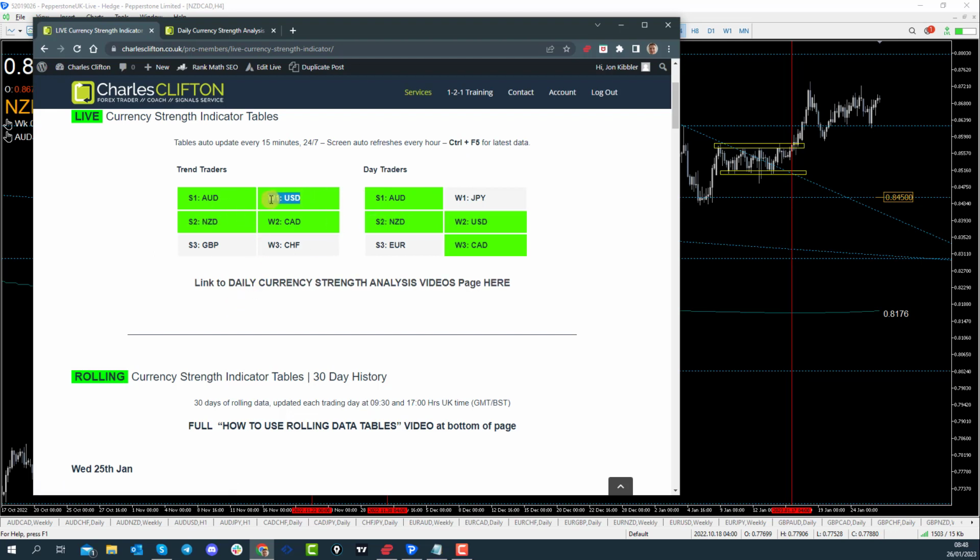On the weak side of things, you can see that the US dollar tops the trend traders but appears as second on the day traders. CAD is then W2 on the trend traders, but W3 on the day traders. And we're actually going to revisit an old favorite here, which is Kiwi CAD, because if you've been a pro